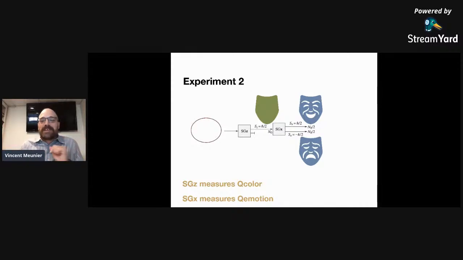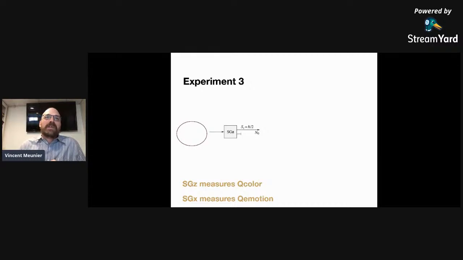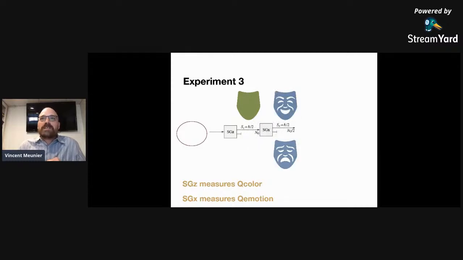All right. Okay. Now ready for experiment 3. Same thing. I measure the color, only keep the green. Okay. Now I measure the emotion, and I'm only going to keep the happy monsters. So you get this. I look at all the monsters, keep the green, and then I only keep the happy monsters. So now the big question is, let's check the color of the monster again. So I want to check the color of the monster. So the question I'm asking you is, what do you think happens? How many of them are green? How many of them are red?